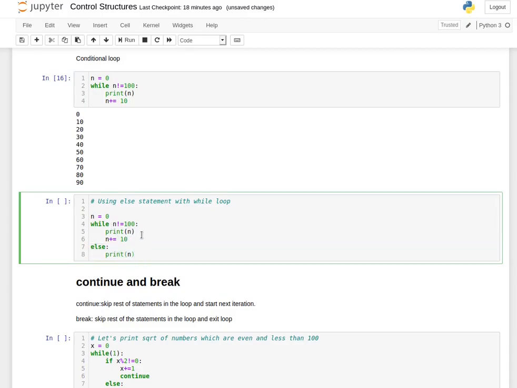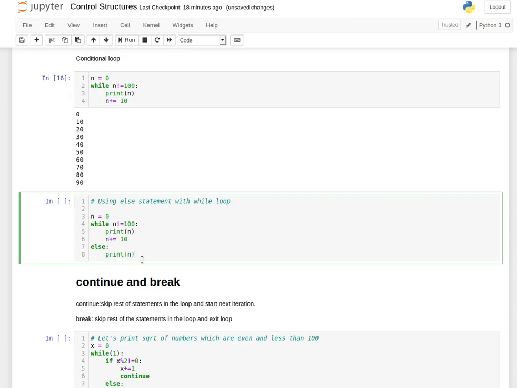So what it will do is it will print 0 to 90 as in the above loop, and after checking for n not equal to 100, as soon as it becomes 100 it will check for this condition, and it's false, so it will break out of the while loop and move on to the else condition. And since it's equal to 100, this statement will be executed.